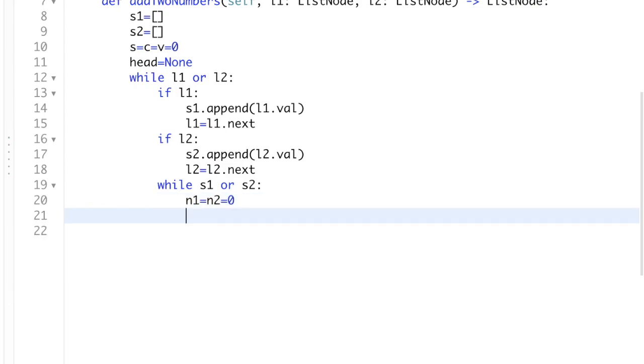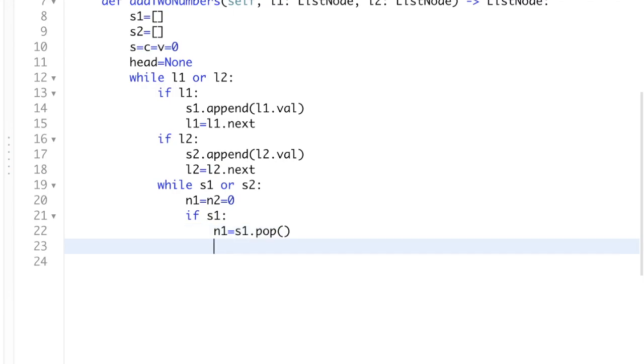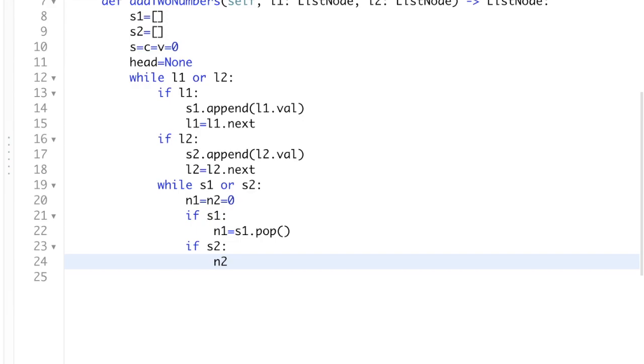Now we will check if S1 is having value, we will pop that element in N1, N1 equal to S1.pop, and we will check again for S2. If S2 is having value, then N2 equal to S2.pop.